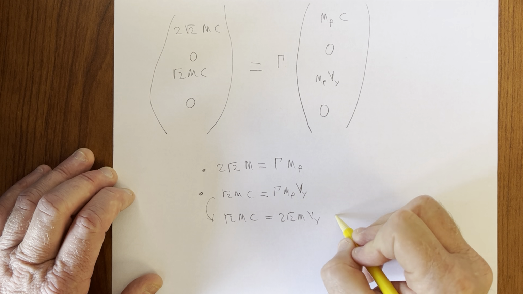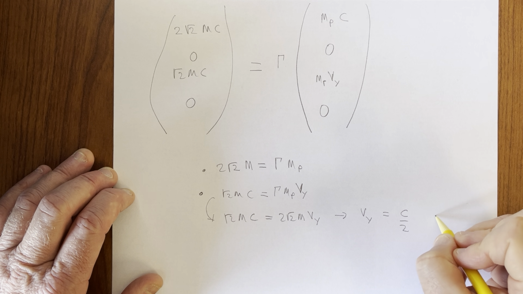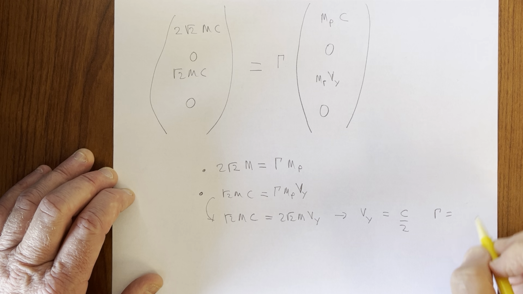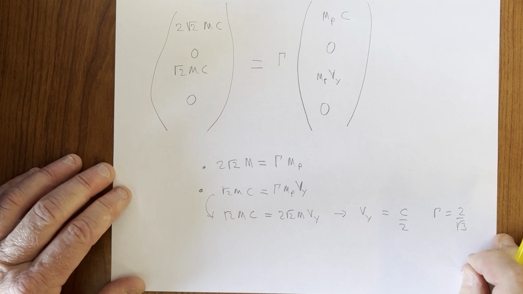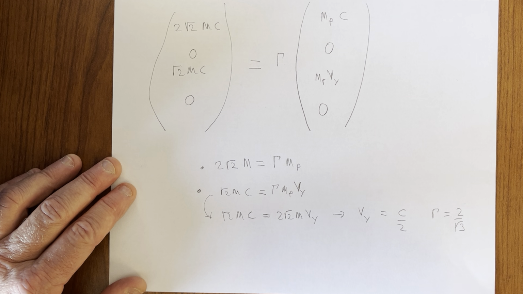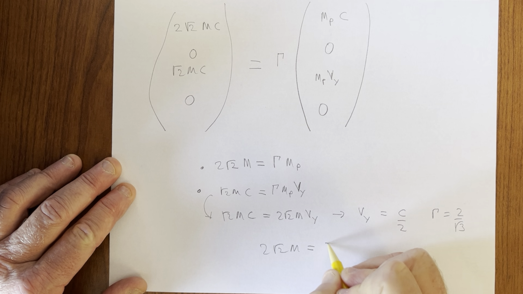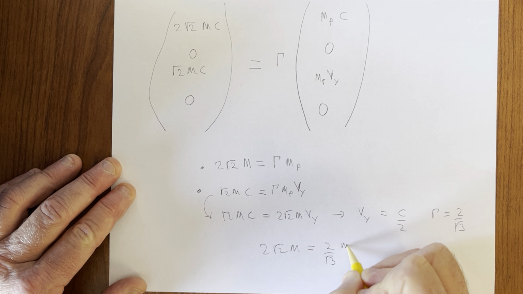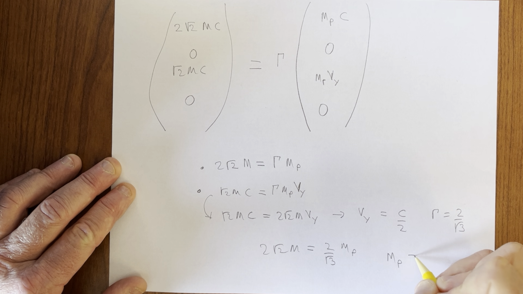And so we can get from this that Vy is equal to c over 2. And so the gamma factor here must be 2 over root 3, associated with the speed c over 2. And so we know what gamma is now, and this equation becomes 2 root 2 m is equal to this gamma times Mp, and therefore the mass post-collision is equal to root 6